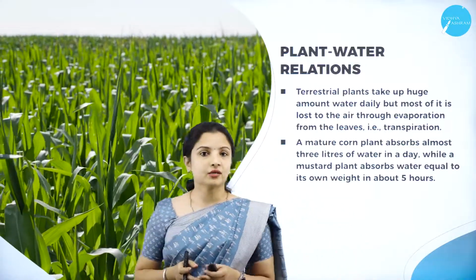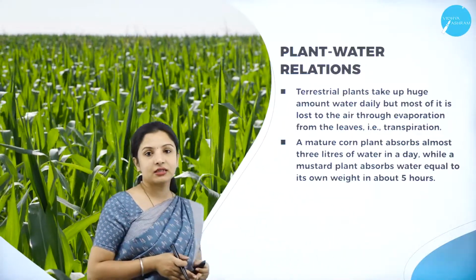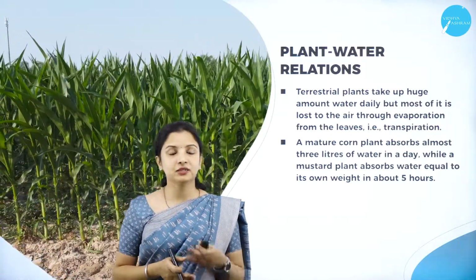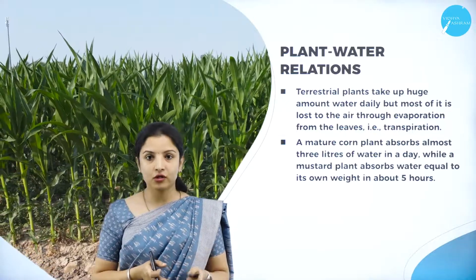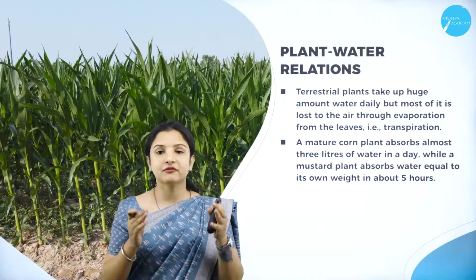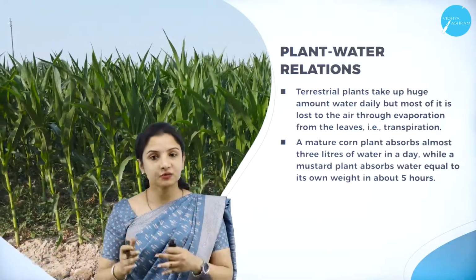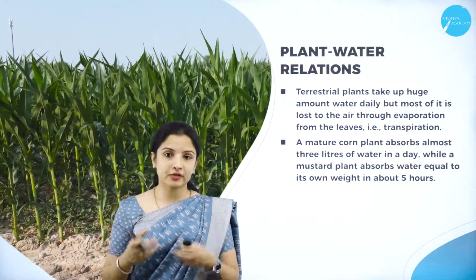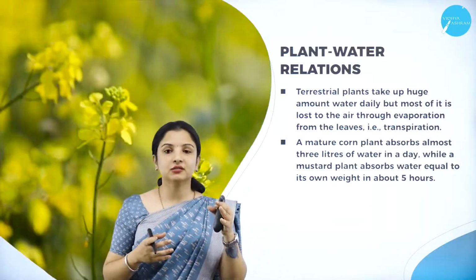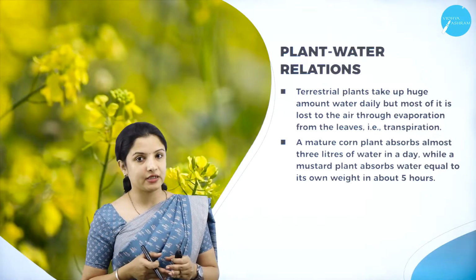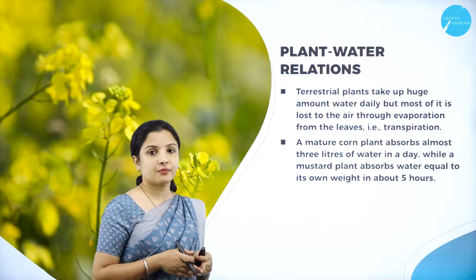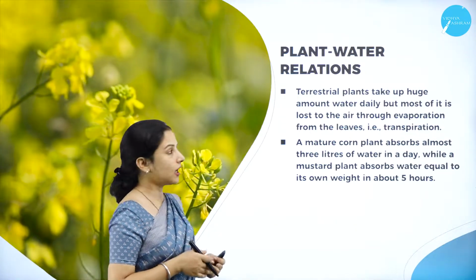To begin with, we shall study the relationship between the plant and the water. We all know that plants require water for survival, right? And here xylem, which is the water conducting tissue, plays a very important role in transporting water, which is absorbed by the roots, to different parts of the plant body. If that has to take place, a kind of pressure is required here. So we shall see the exact relationship between the plant and the water.